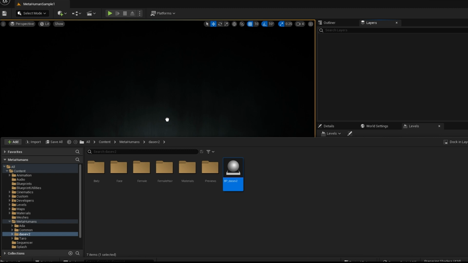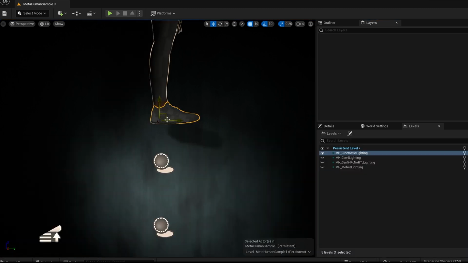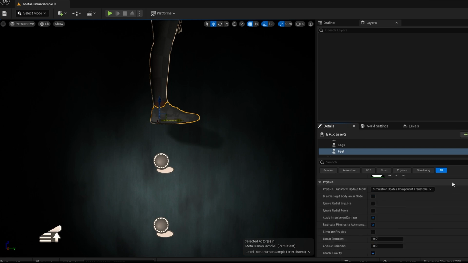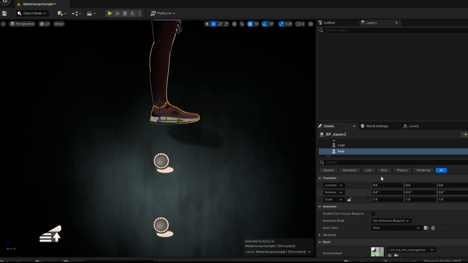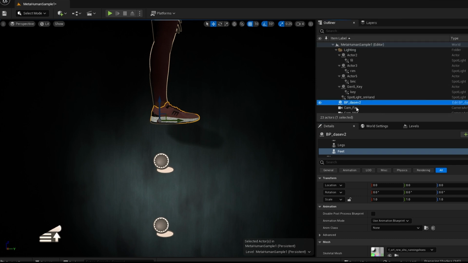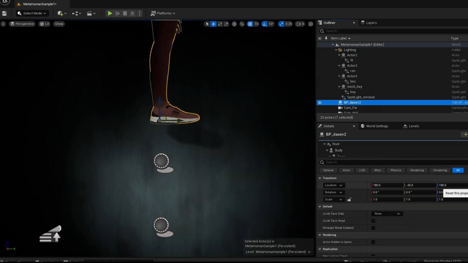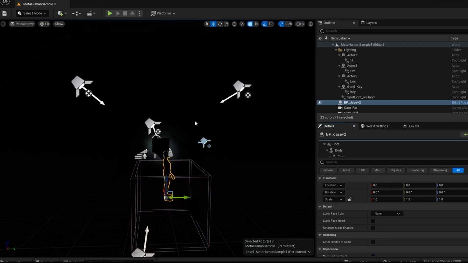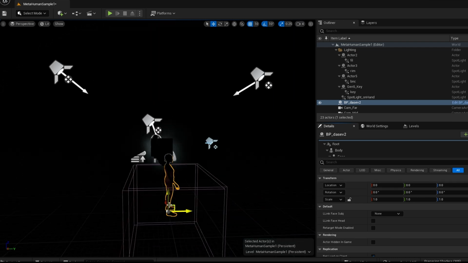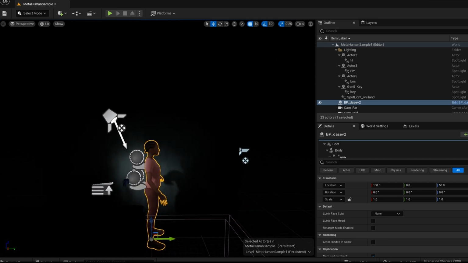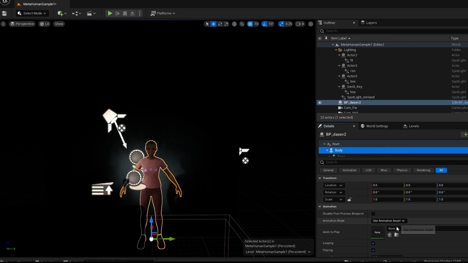If I drag her into the project, and let's zero that out. Oh, it already appears to be zeroed out. Let me see. There we go. And let's drag her in front of the camera and rotate by 90 degrees. Perfect. Now all we need to do is quickly apply an animation,